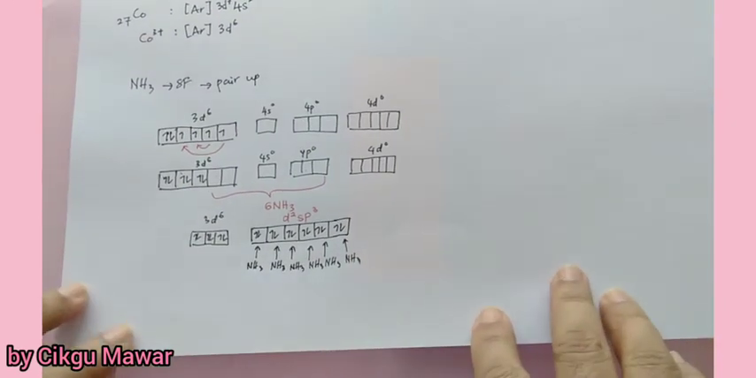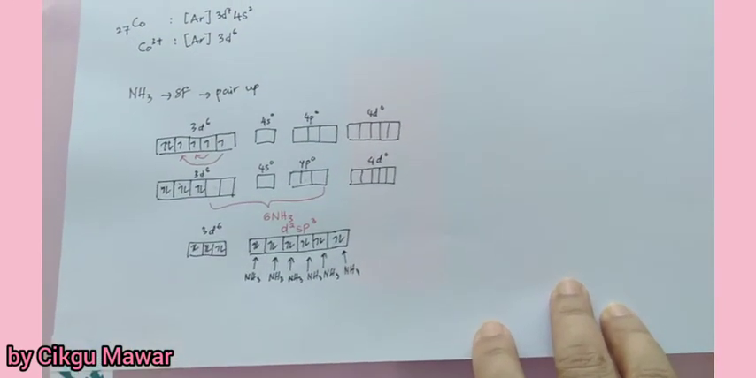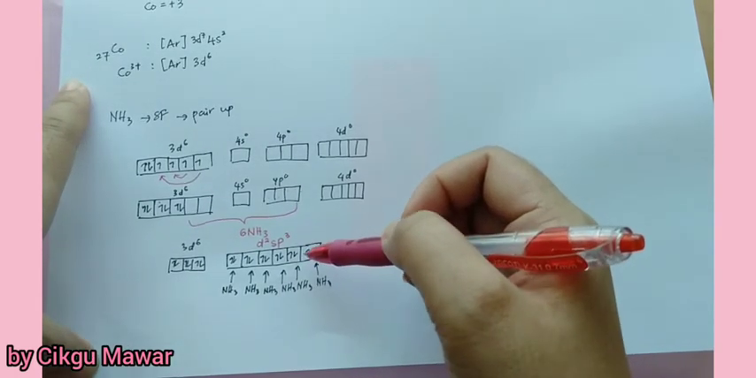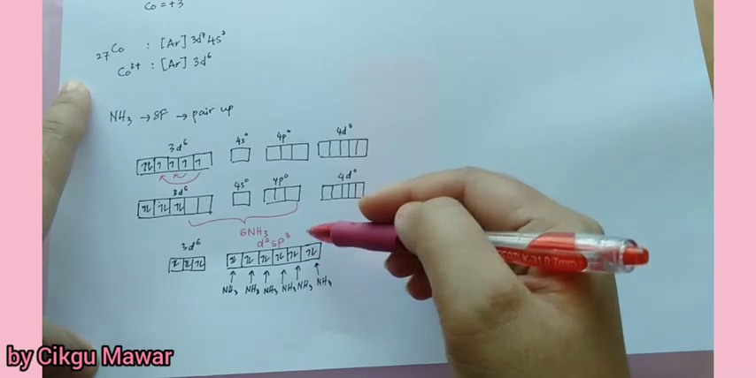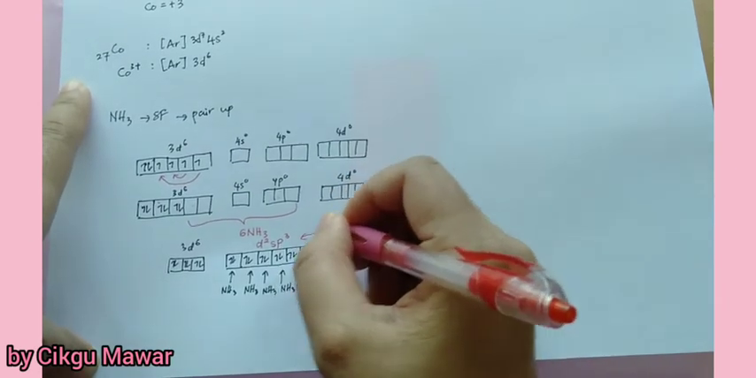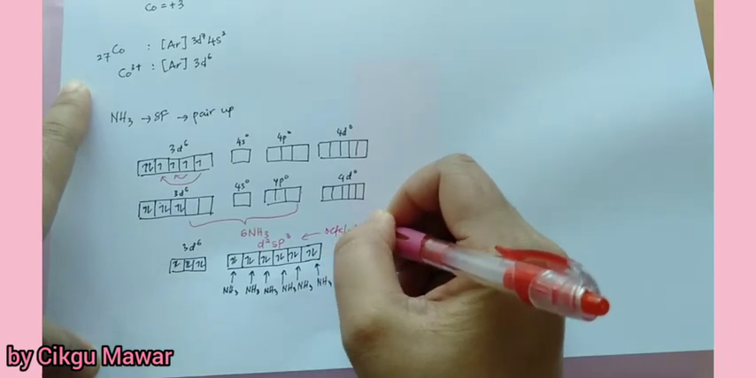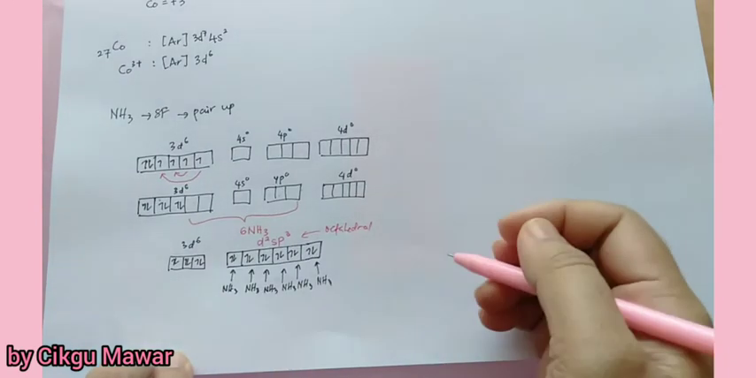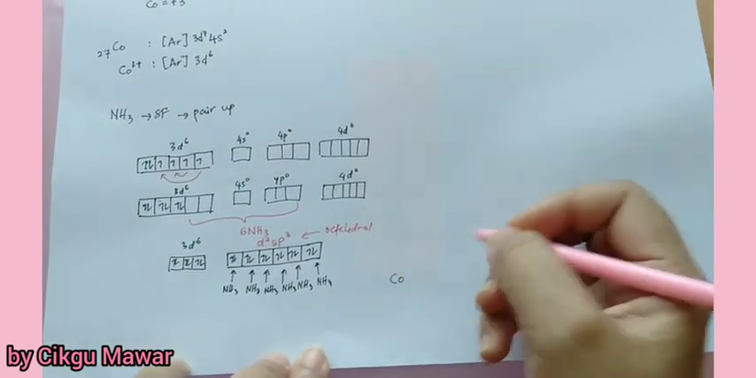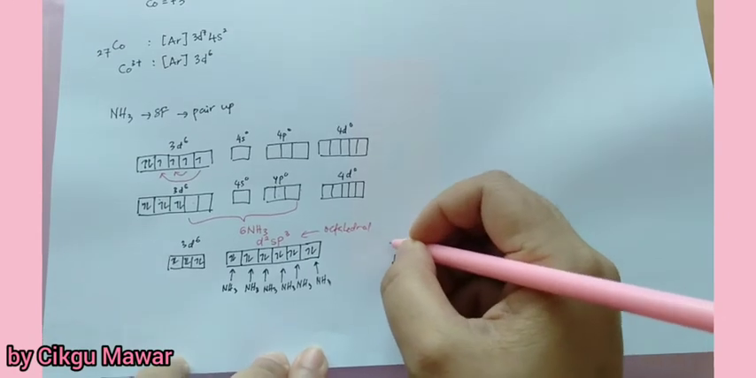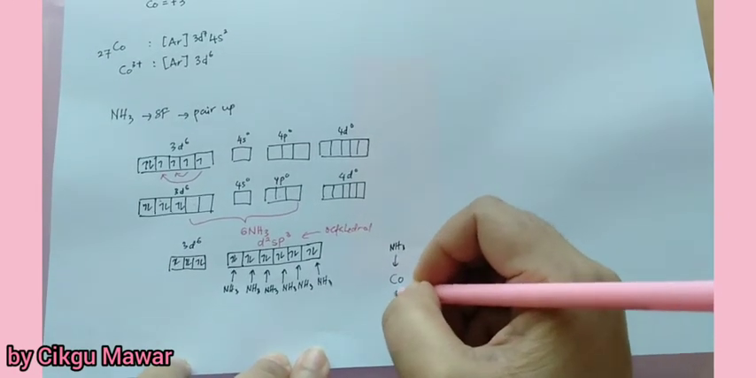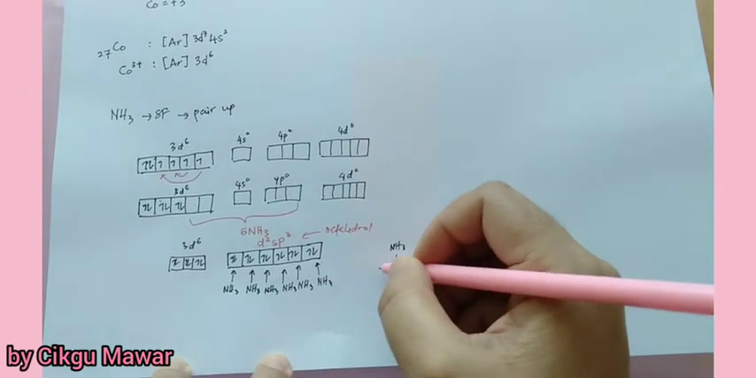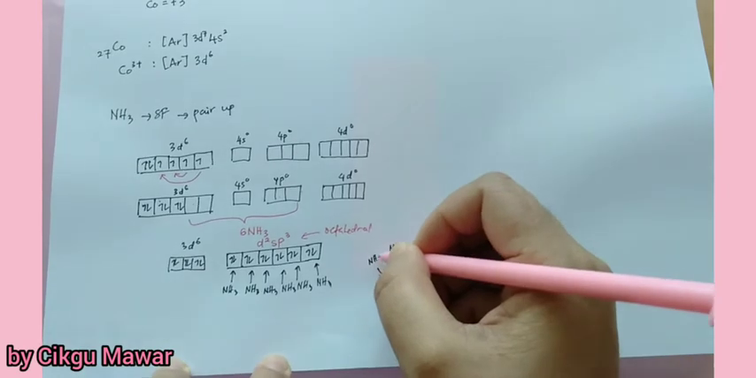So let's draw the structure of the complex. From our notes, we know that this hybridization represents the octahedral shape. So this is the octahedral shape. Let's draw the structure. Now we can draw. We have cobalt, and then ammonia. This is the first axis, and then we have